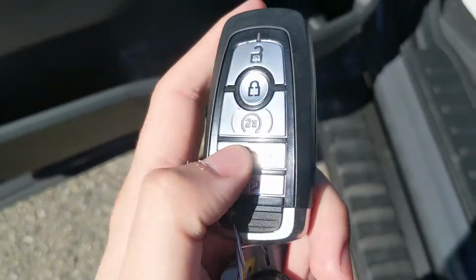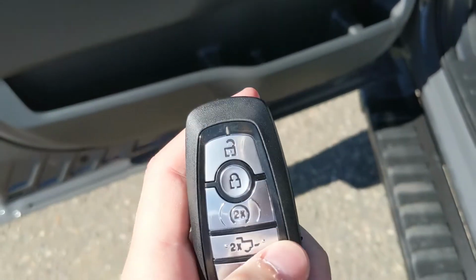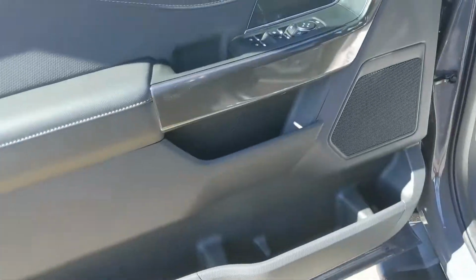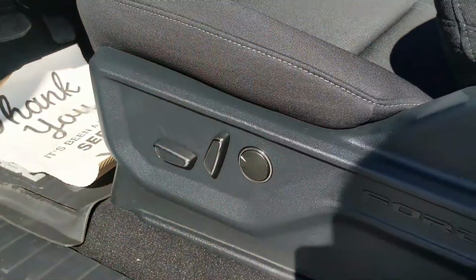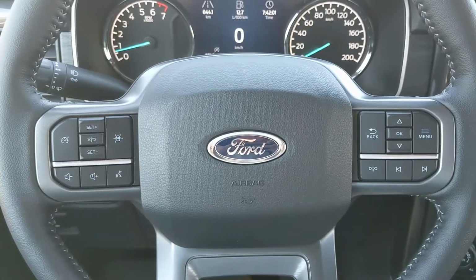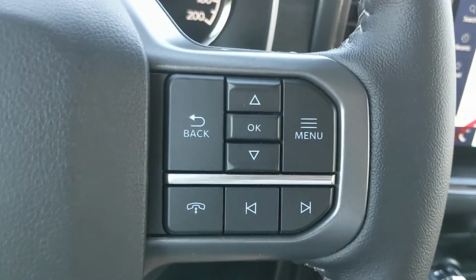This truck does have a remote start, so no need to go outside on those cold mornings to warm up your vehicle. And looking in, you have power windows, power mirrors, and power locks, as well as a fully power adjustable driver's seat. Now, sitting in the vehicle with it running and looking at the steering wheel on the right-hand